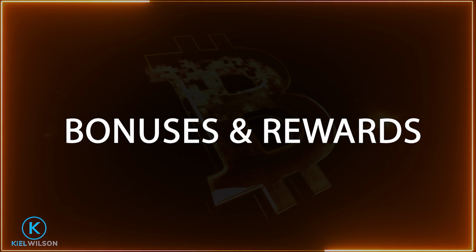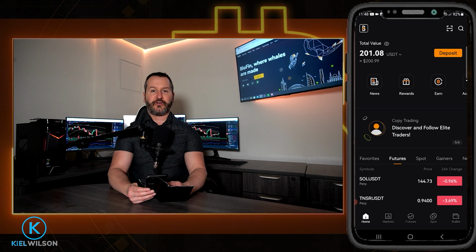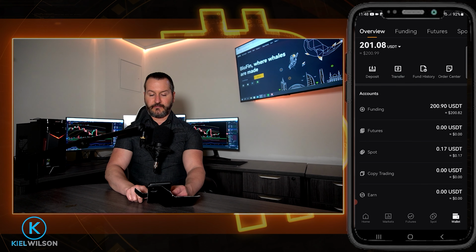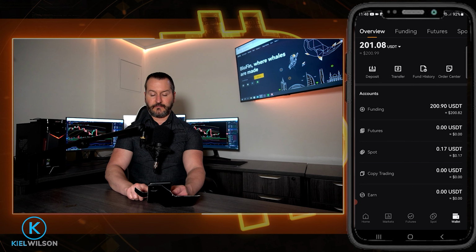Before trading on the futures market, you'll have to transfer your assets into your futures account. Now, there's no fee to get this done. This is simply an internal transfer. So to do this, we'll tap down here, bottom right-hand side where it says Wallets. Then on this page here, if you're set to Overview, you can see in my case that I am. You'll find a transfer button right here, but you can also toggle to your futures account by just simply tapping on it,